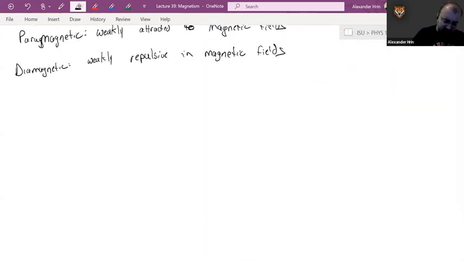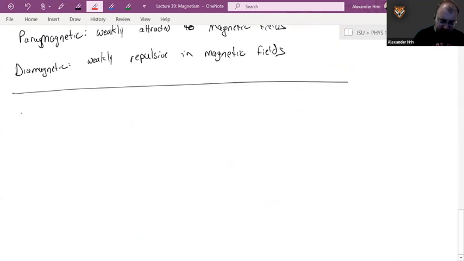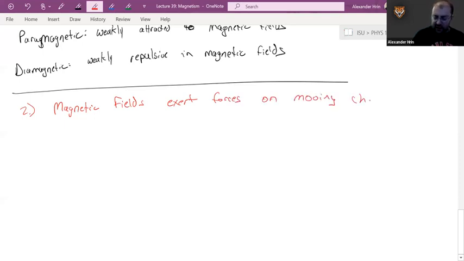Okay, so for the second one, 4.2, this is magnetic fields exert forces on moving charges. And the idea is that not only do moving charges generate their own magnetic fields, but if they go into something else's magnetic field, they'll experience a force. Okay, so the second one,